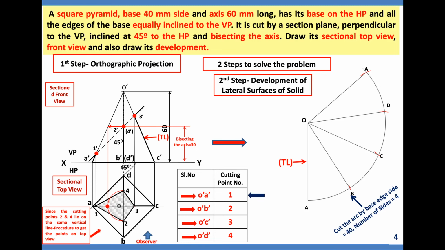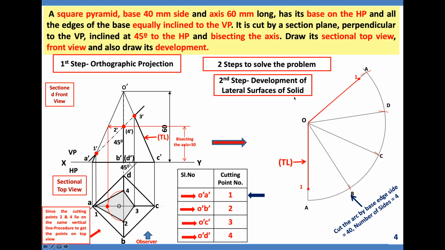Now we have to do the introduction of the cutting points. Cutting point number 1, as you can see the arrow, is on the side O'A'. As I told, O'A' and O'C' is true length. Directly you can measure the dimension. Let me show. Go to the front view, take your compass, O' as center and O'1' as the radius. Take the dimension and come over to the development, mark it on OA. You've got one more OA. Here these two are represented as 1.